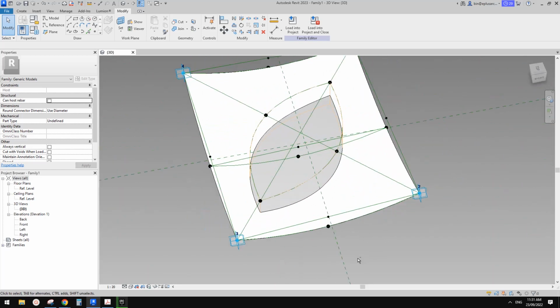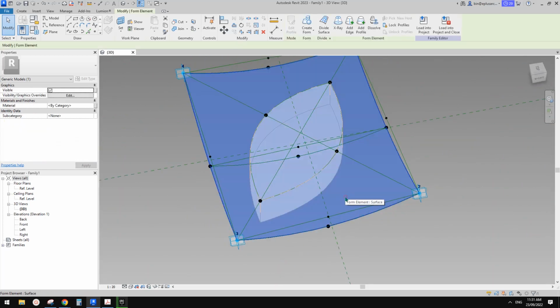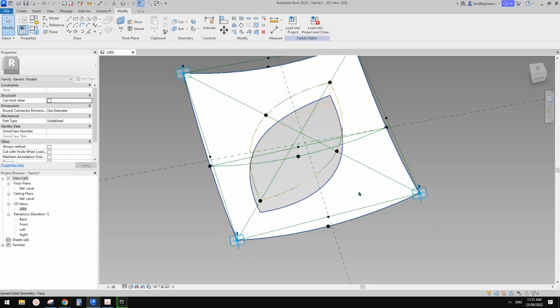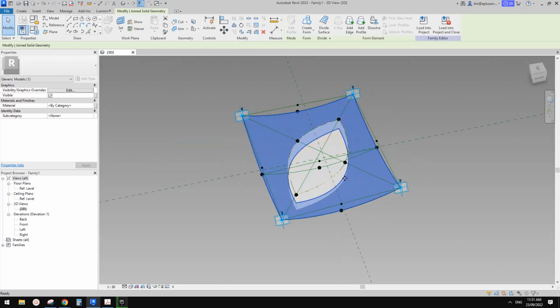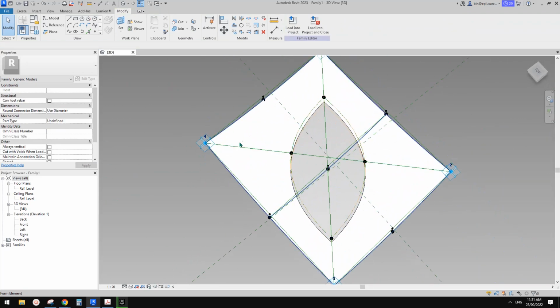So you will see this is a surface. Let me just try to select it. Yeah, so this is the one. Okay, so now we have this one. We can load this into